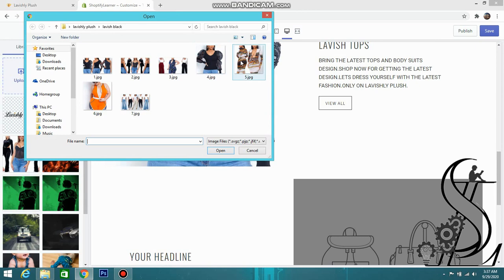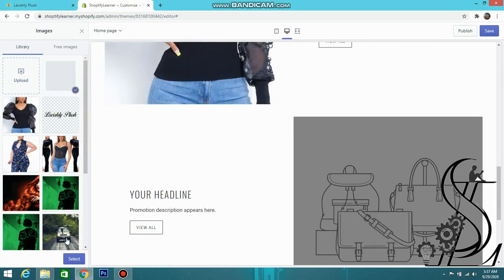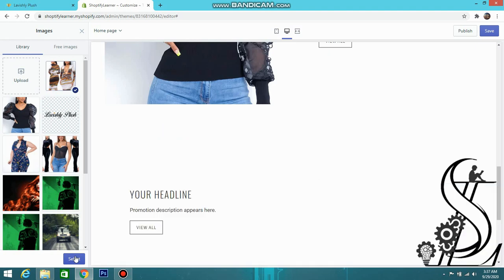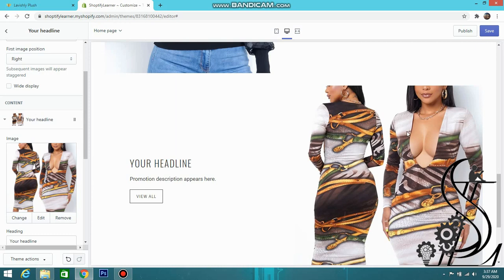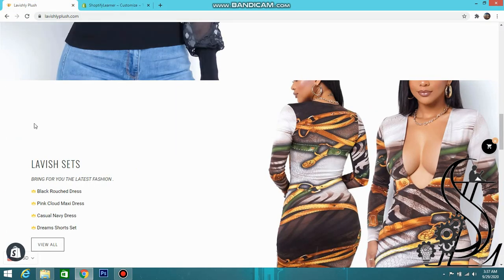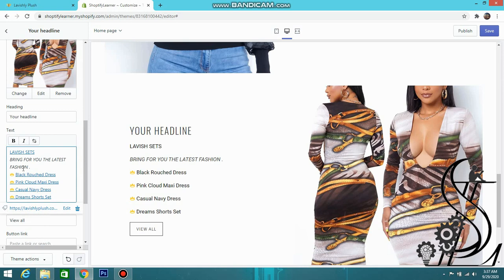So you can upload the picture. Now we can simply copy the text and place it in the text section.